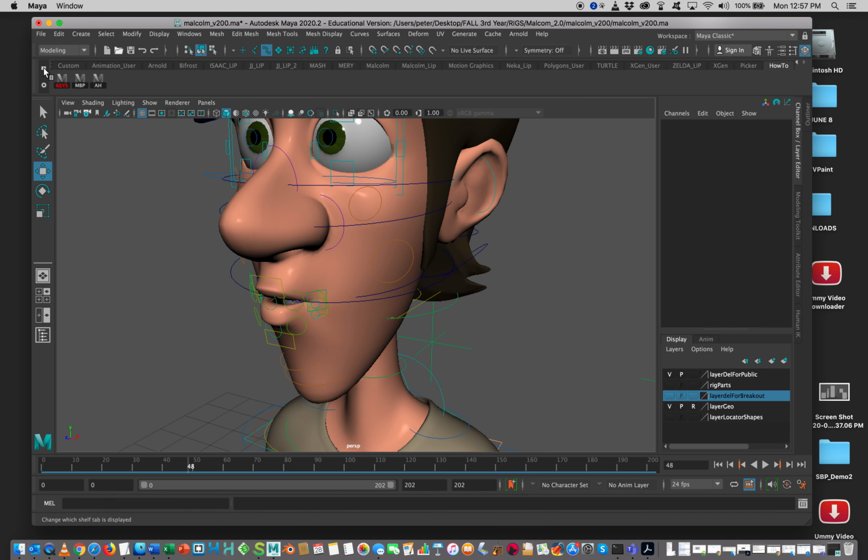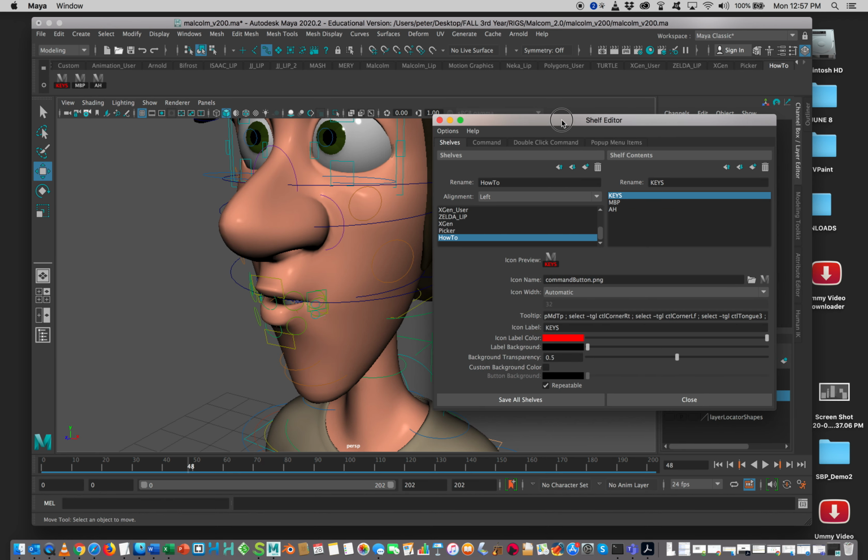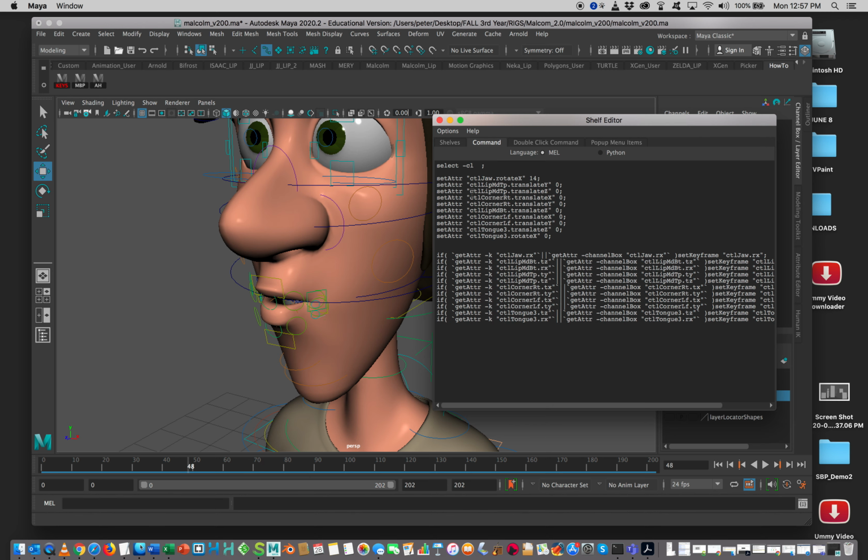I can go up into, again, the shelf editor, grab the A, open the command, select it all, and then copy it